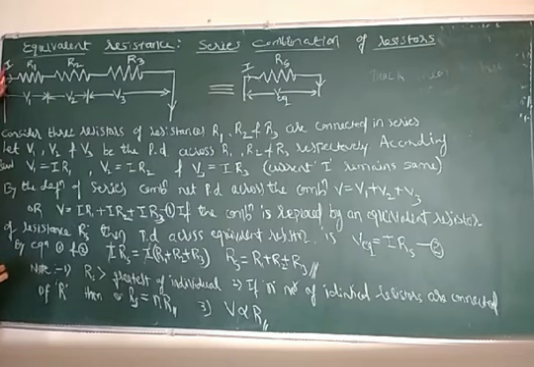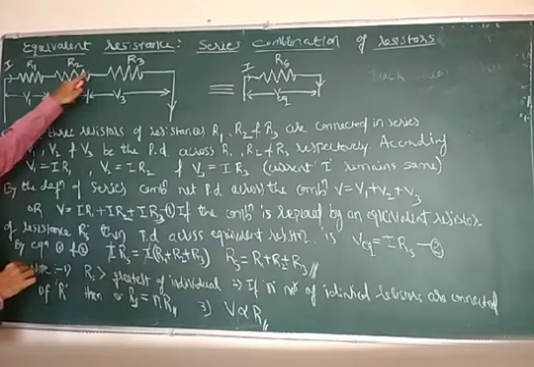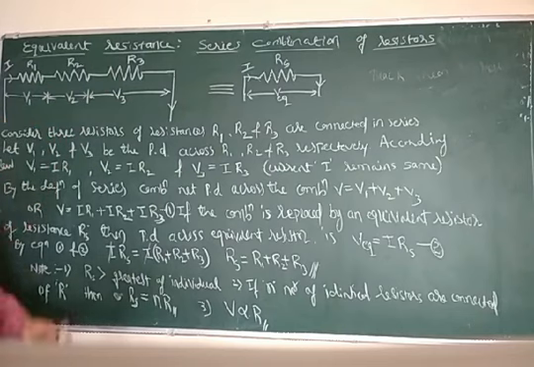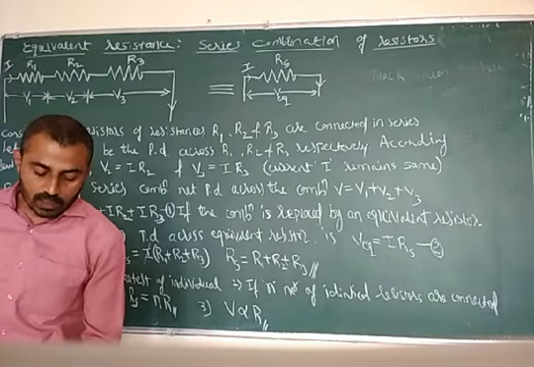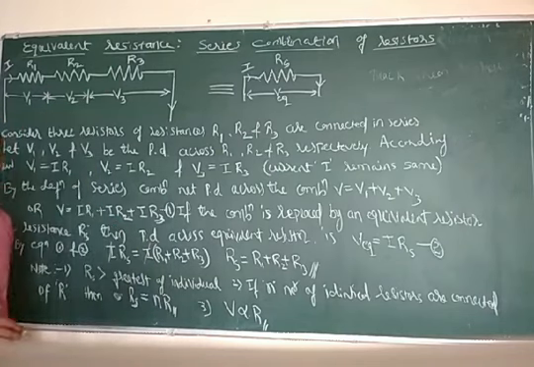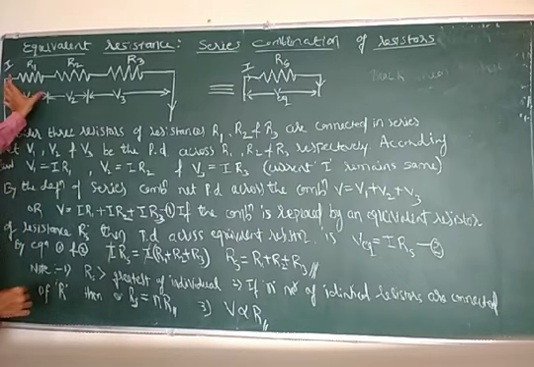Here you can see the current is represented by I, and the same amount of current I is passing through all the resistors R1, R2 and R3. Current means the time rate of flow of charge. That is called a current. PD, potential difference across the resistors, PD across the resistors are different.